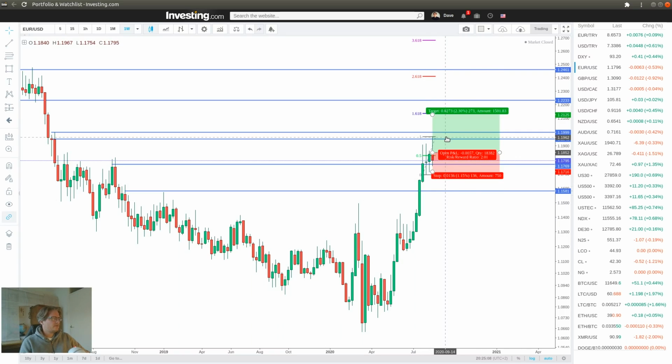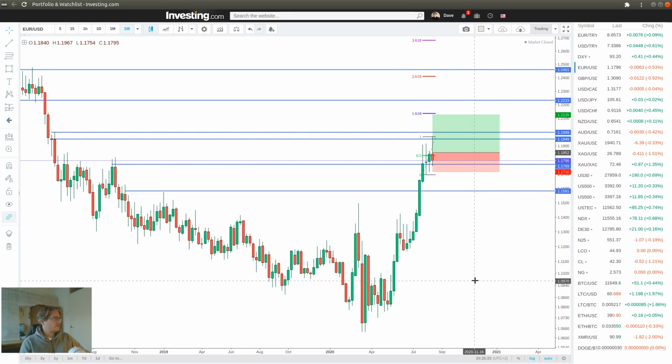So when the market opens in a few hours, I will probably close out this trade on the euro dollar for a little bit less than a half hour loss, and then see if I can find a good entry to reverse my position and take it to the downside.